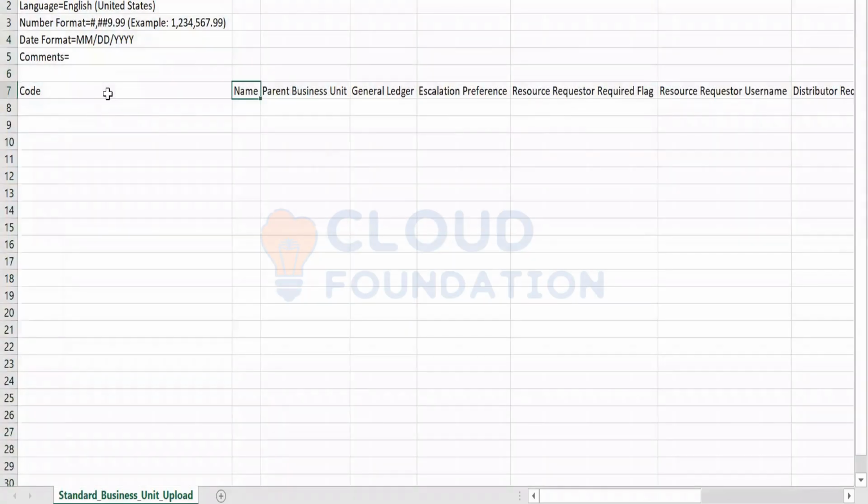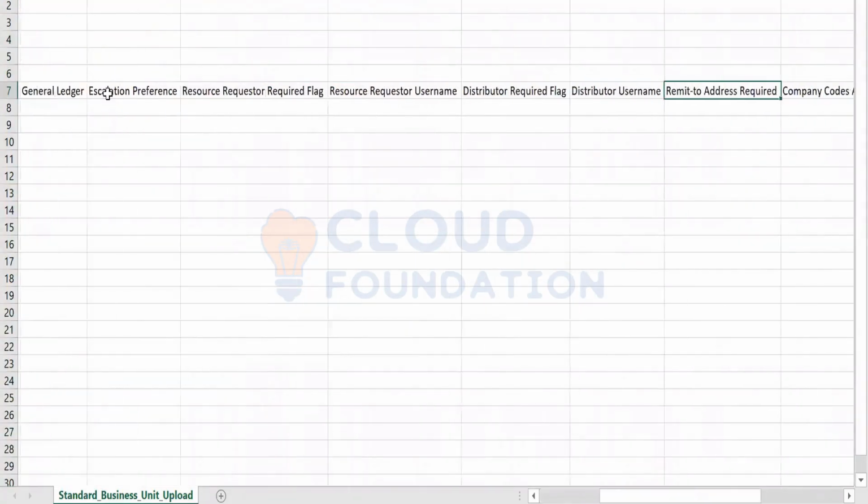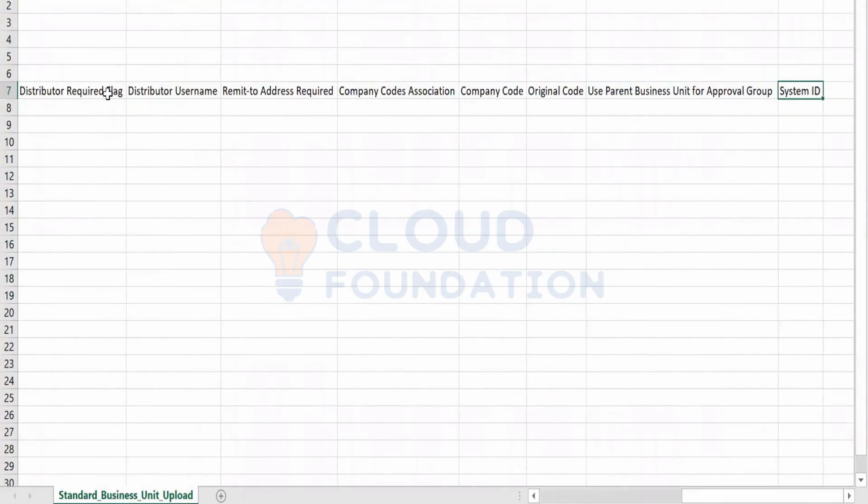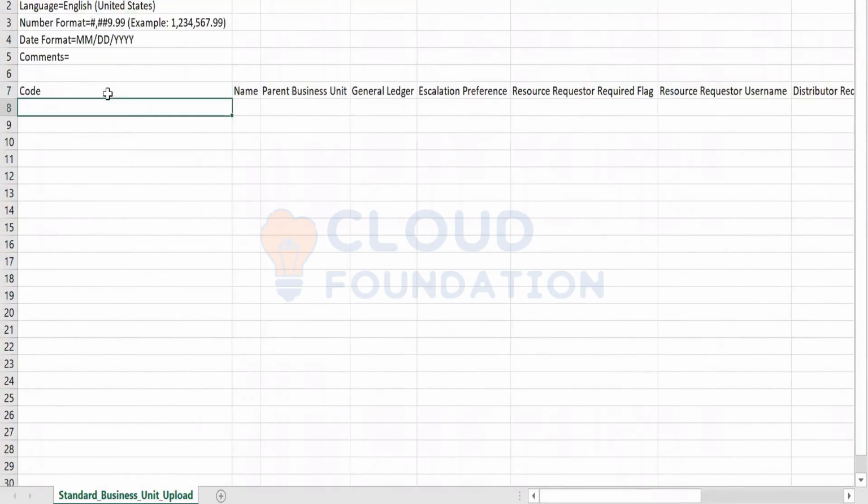The same data needs to be updated here in the CSV file. Once uploaded, the business unit will be created within the system and it can be utilized in transaction documents.